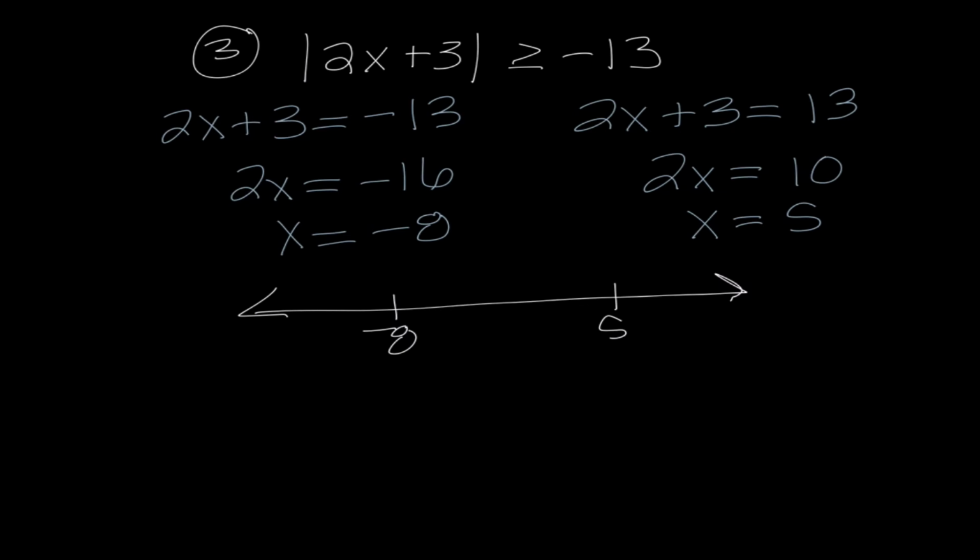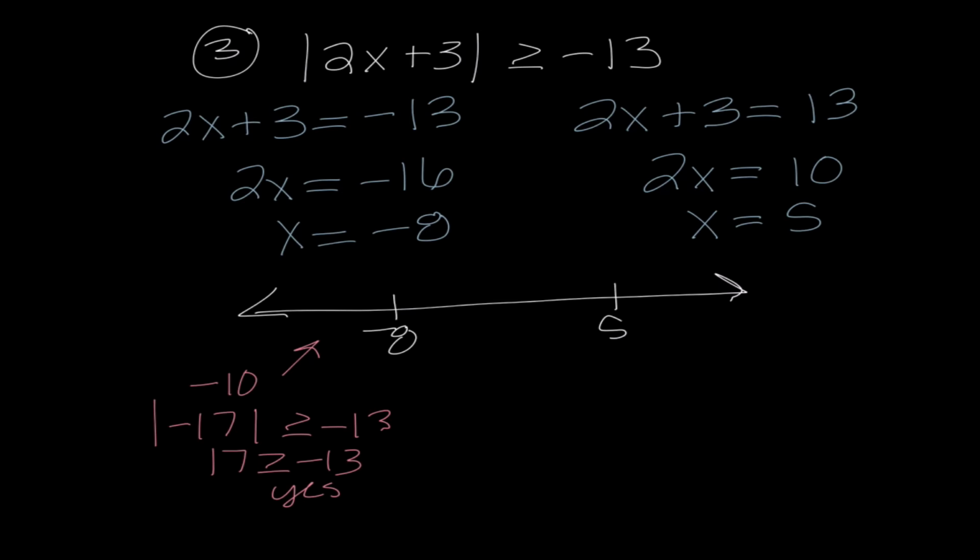So once again, let's choose a point. Let's do -10. I would get the absolute value of -20 plus 3, which would be -17. 17 is greater than or equal to -13. So right away, if I'm shading here, I'm thinking I'm also going to shade here, but that nothing in here works. And I just want to stress again, because this is a concept that we keep repeating,